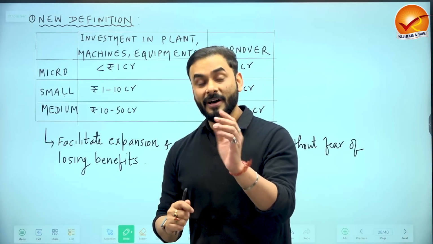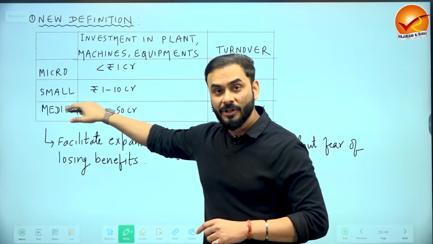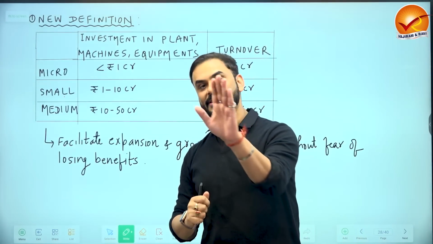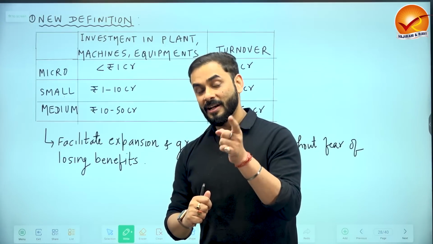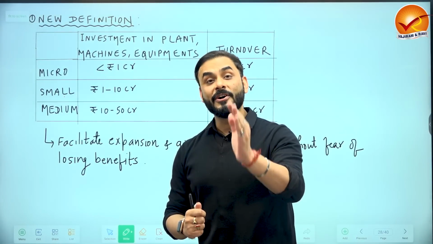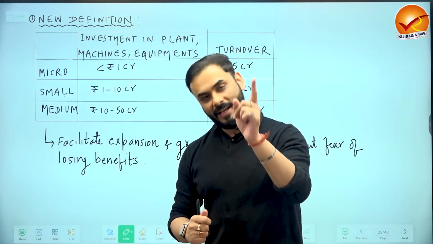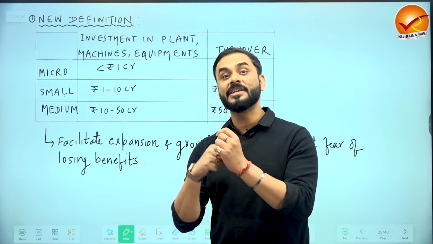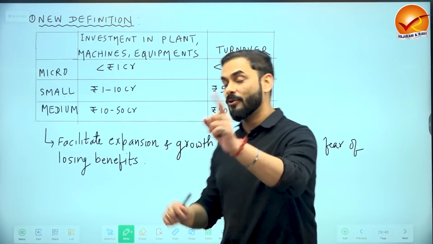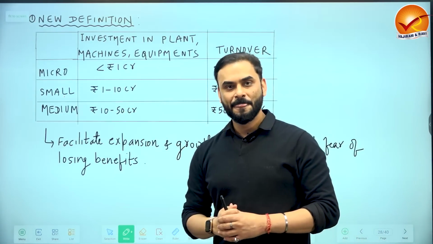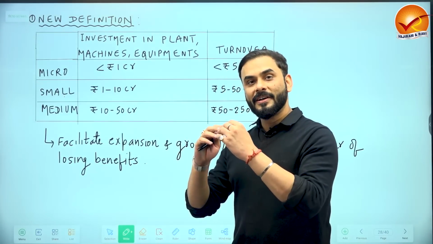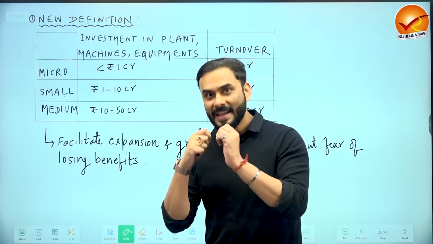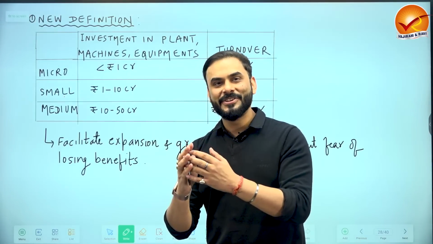Now, Government of India earlier used to define these industries with lesser value of investment and lesser value of turnover. I'll give you an example. Suppose earlier the government used to say that if your turnover is less than 10 lakh rupees, then only you will be called micro industry, and whatever schemes or benefits that government is giving to micro industries will be given only if your turnover is less than 10 lakh rupees. Now when the Government of India fixes 10 lakh rupees as the turnover, it is indirectly motivating those industries to remain small.